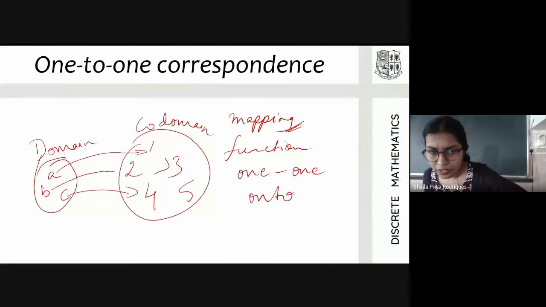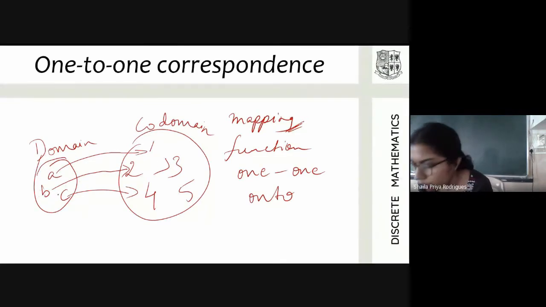So when every element in the first set is mapped to a unique element in the second set, okay, to a distinct element in the second set, two elements being mapped to a same element is not allowed in a one-one function. Okay, you say a function is one-one when every element in the first set is mapped to a distinct element in the second set. Yes, distinct elements of the domain mapped to distinct elements in the codomain. This function is one-one.